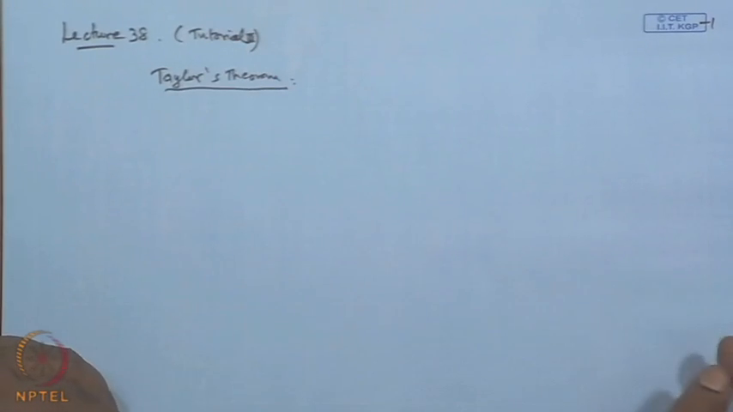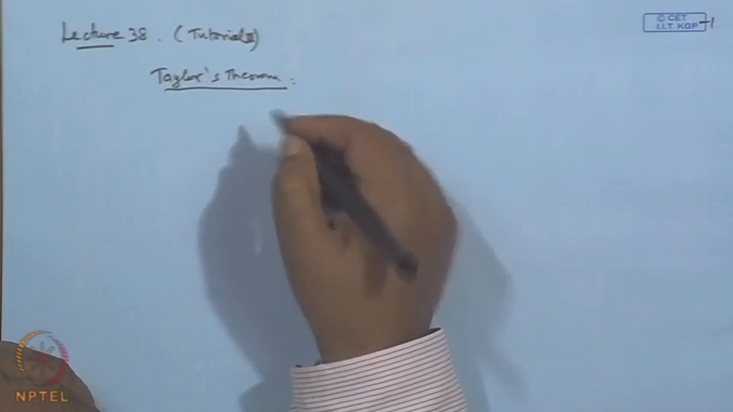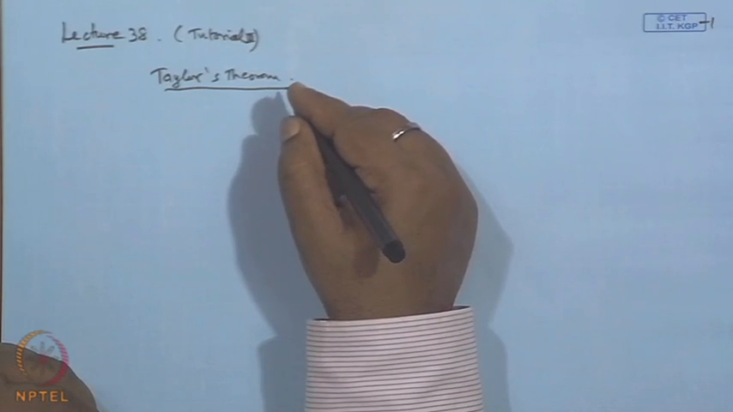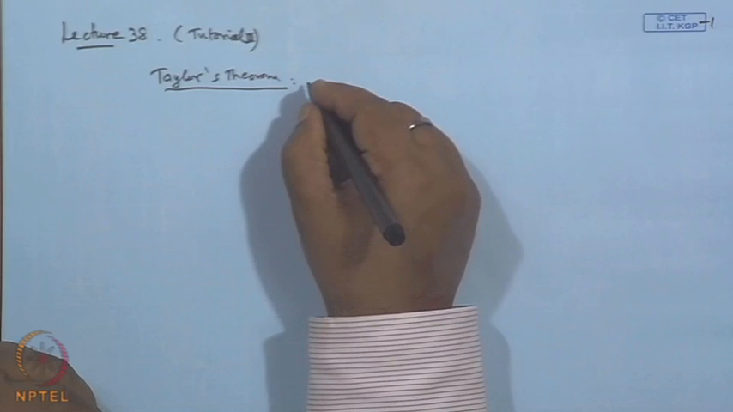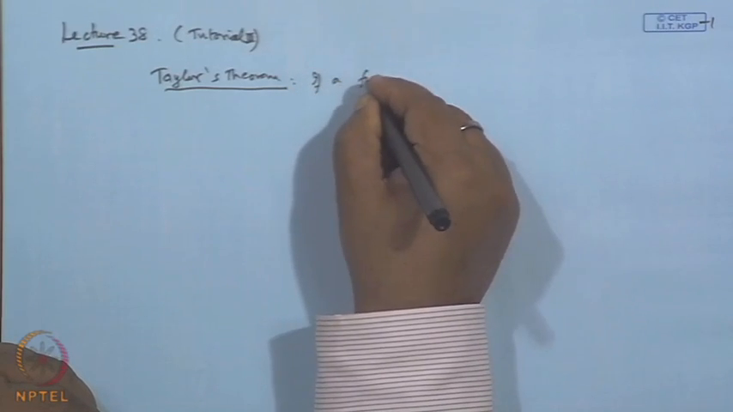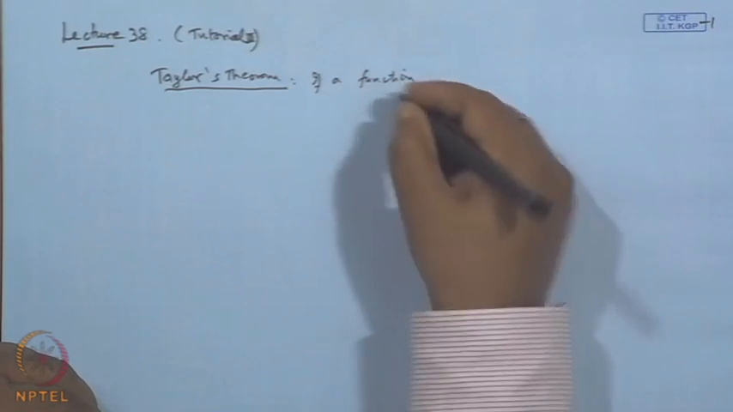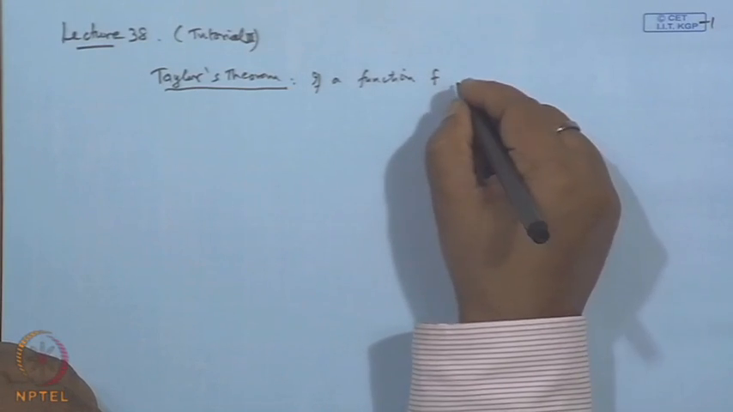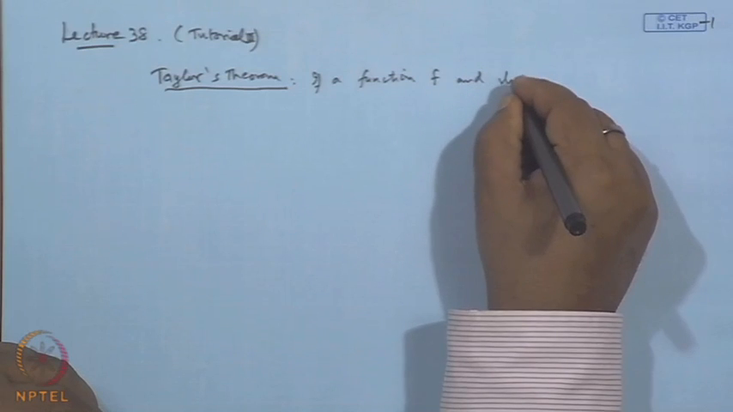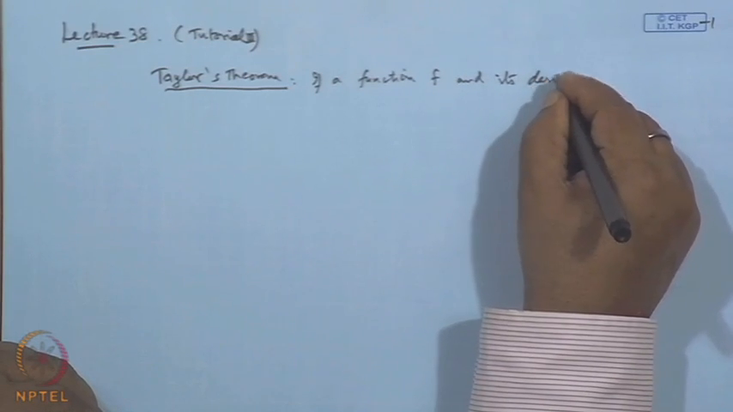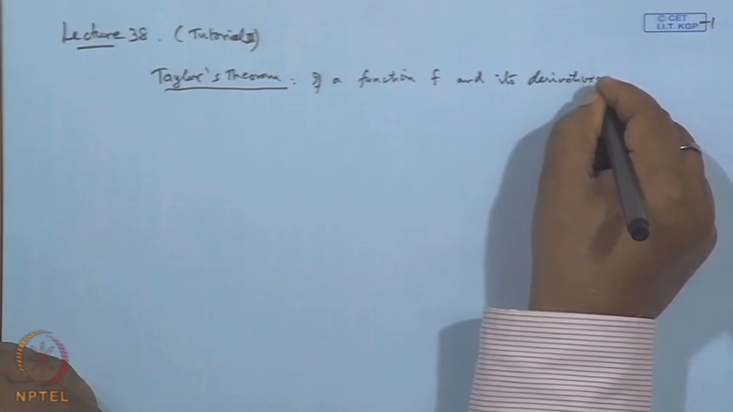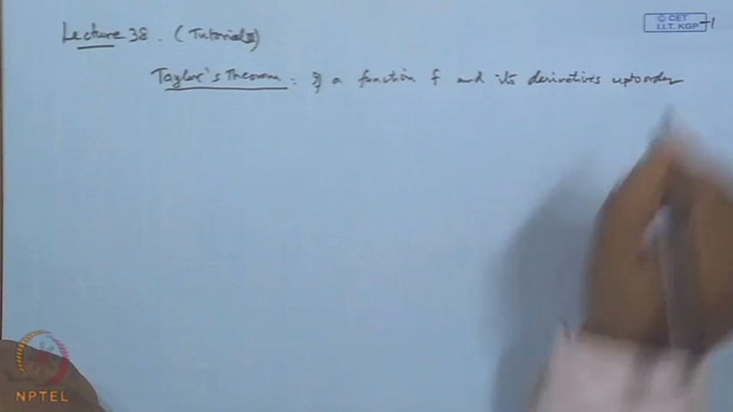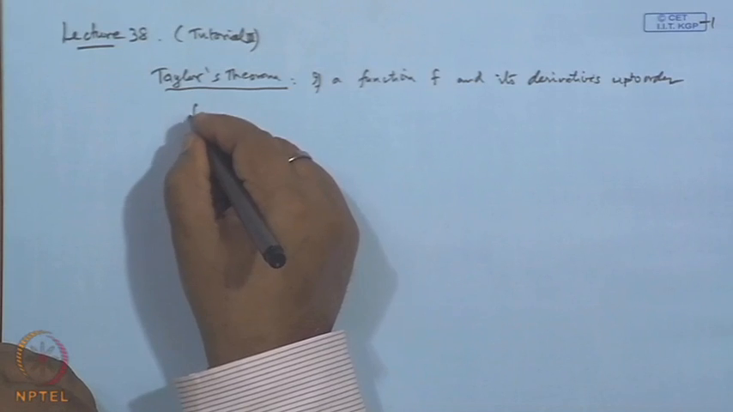So, before that we will first complete the proof of Taylor's theorem. The statement we have already discussed, but still we rewrite it again. This Taylor's theorem is also known as the generalized mean value theorem, and this says if a function f and its derivatives up to say order n